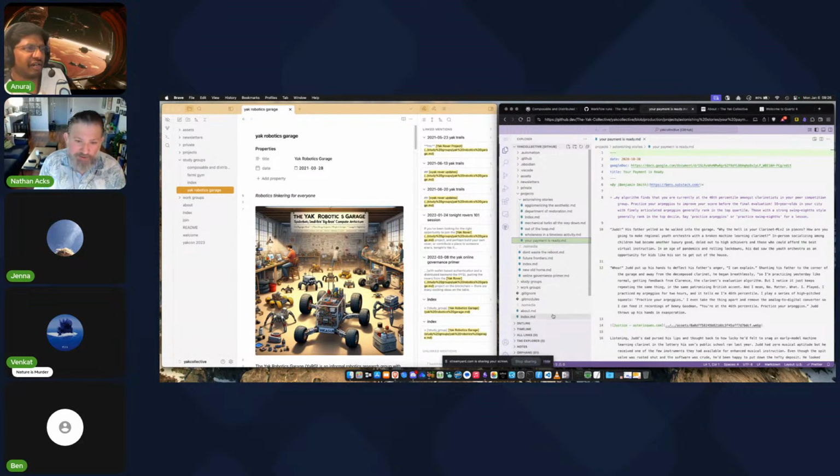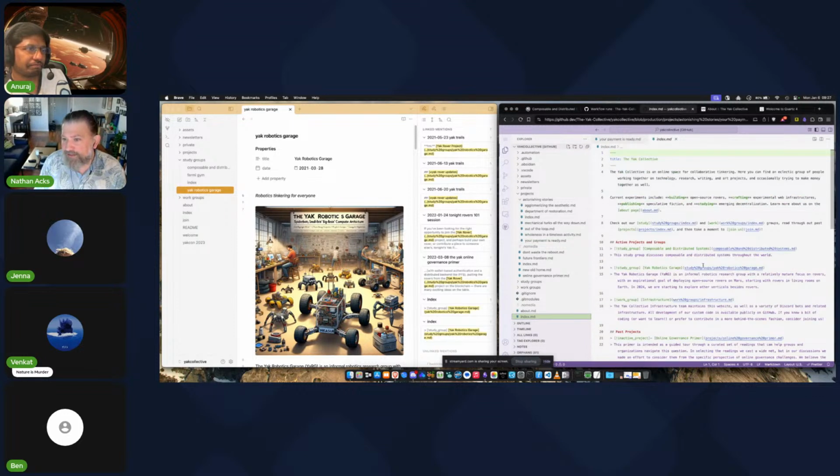Let's fix that problem that I found. So over on the index, oh, here's why it's not working in GitHub, because I have just composable and distributed systems here, and it should be prefixed by study groups. So I'm going to copy that, paste that in up here. You will notice that you do have to percent-encode things, like it's a URL. So the big thing will be spaces, or %20. I never remember all the percent encodings, I'll be honest. I just look it up on Wikipedia every time. But really, that's the biggest thing: you need %20 whenever you put a space there.